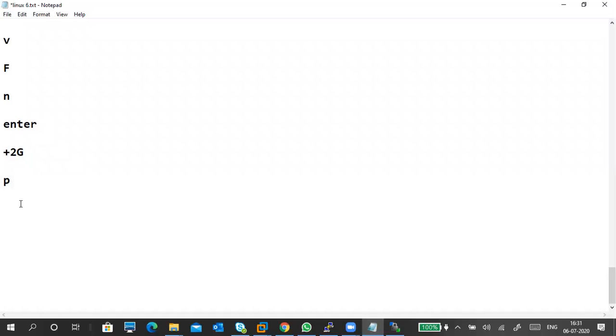p to verify. If you want to check with v or F, you can use this kind of thing. Next one is to save and quit, w. w for saving it. Next, partprobe /dev/sda. Once you give partprobe like this, the kernel got updated.